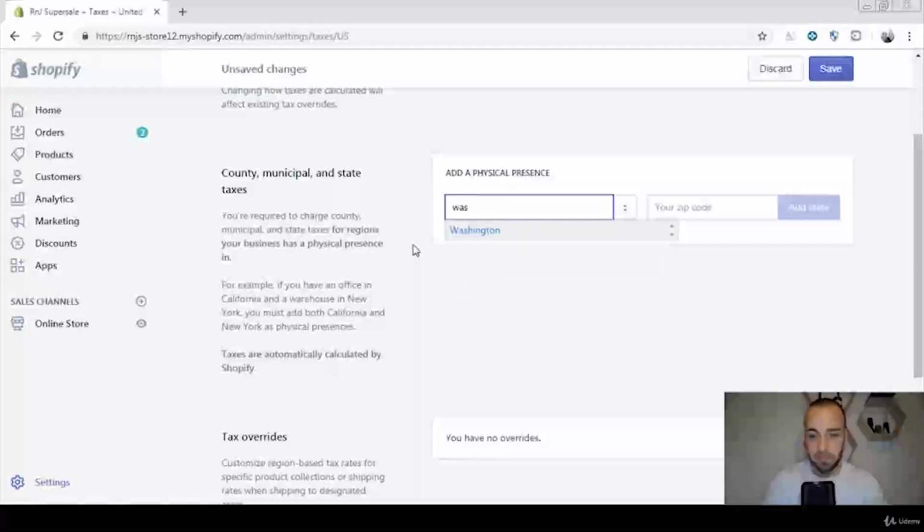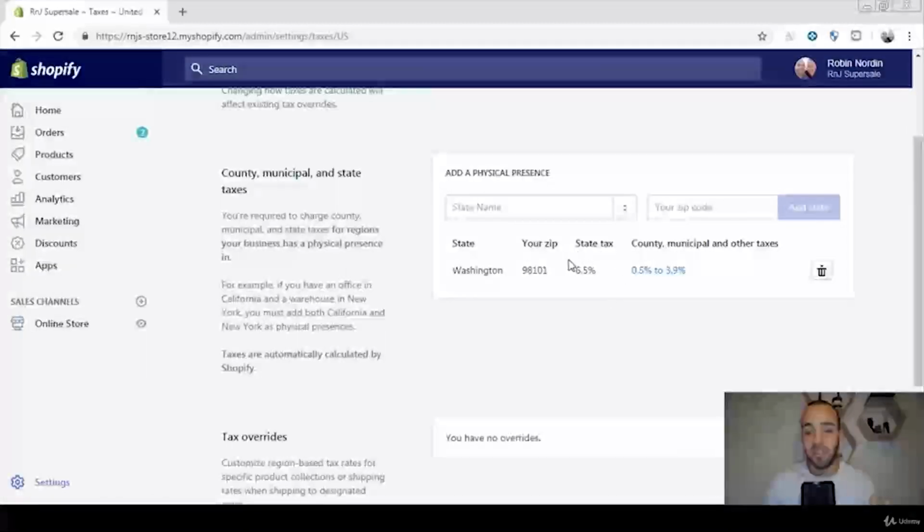Then you put in Washington there and your zip code here. So something like that, and then you add the state. And then you can see the percentage of the state tax here, 6.5%. Now, if you were to live in another state, for example, Arizona,